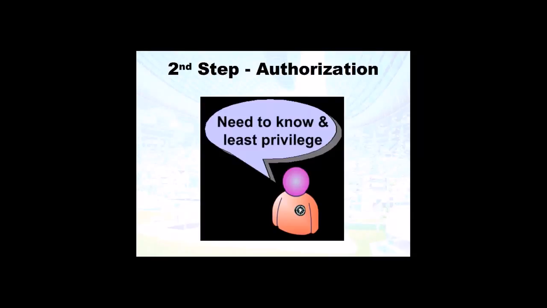What can Bob do? Only what he needs to do, with the least amount of privileges required. But that's a lot easier said than done. I talked about how you install an app and they get all these different rights, and you hope you can tune it and tweak it down, but it's not always easy. It's especially hard sometimes in the shared directory. Say you have the S drive, and underneath S are all these different shared folders. Everybody has file scan at the root of S, but underneath HR, you should have granted just HR privileges. But if you didn't remove or block the inherited rights, people would have